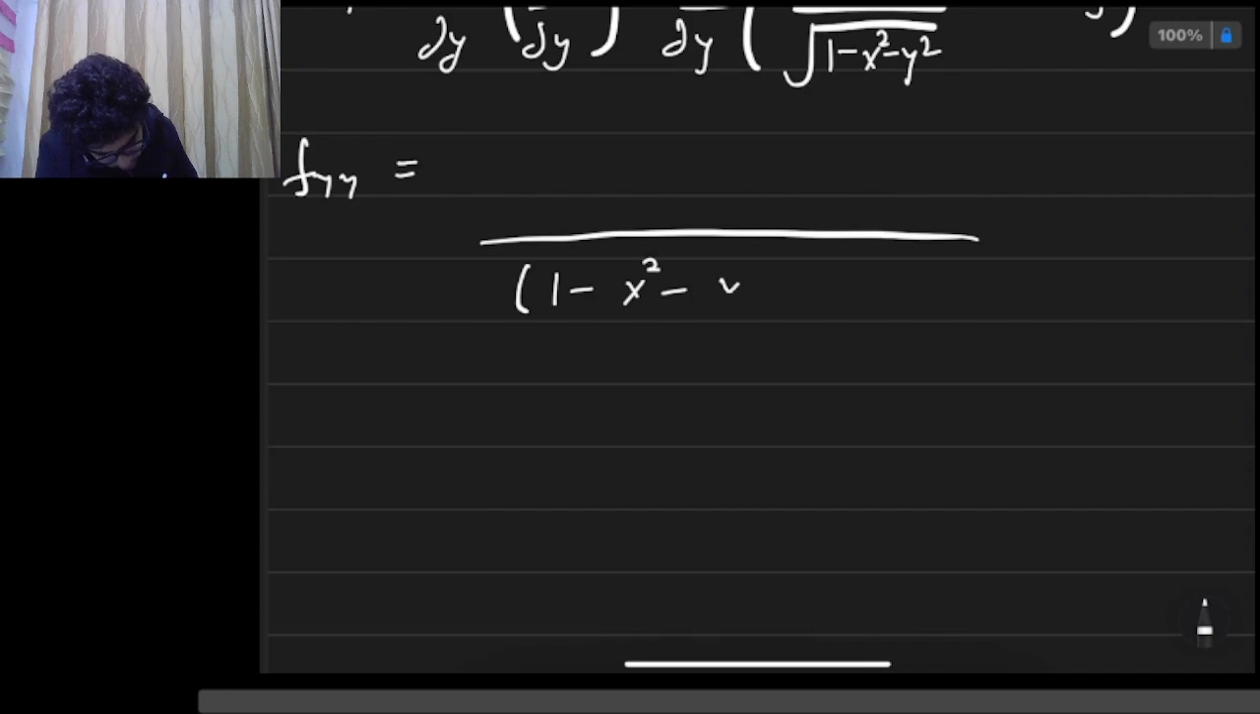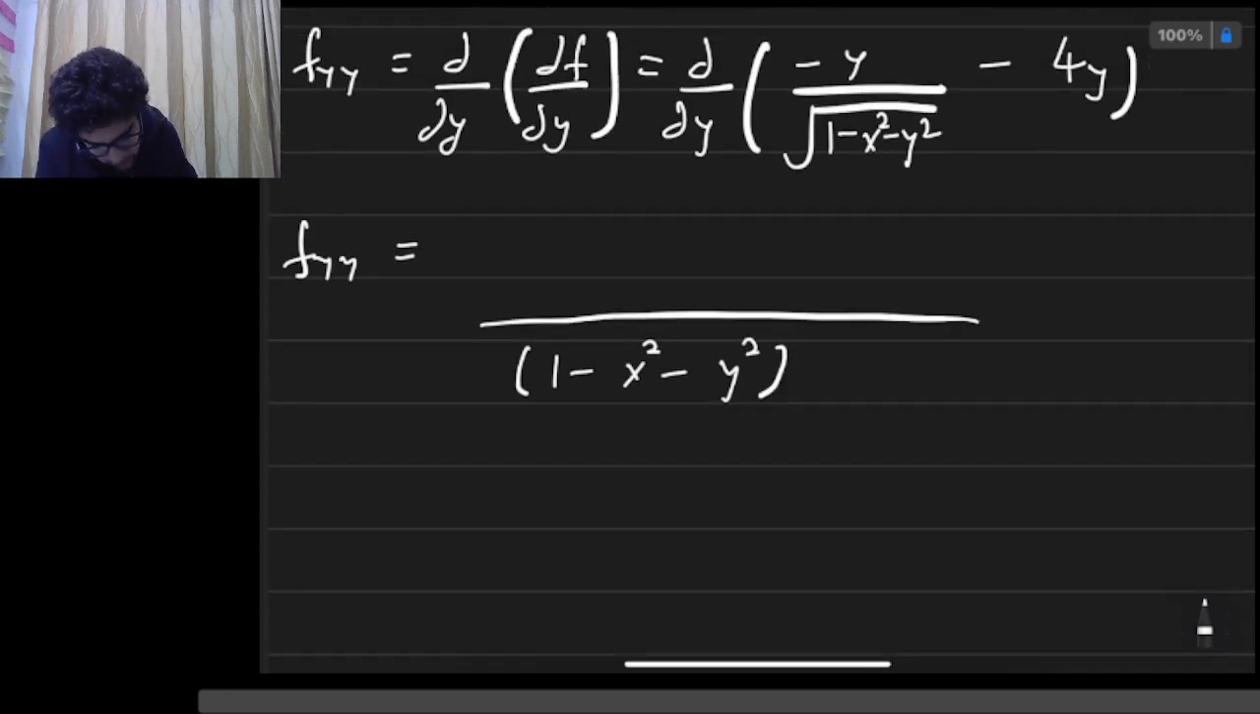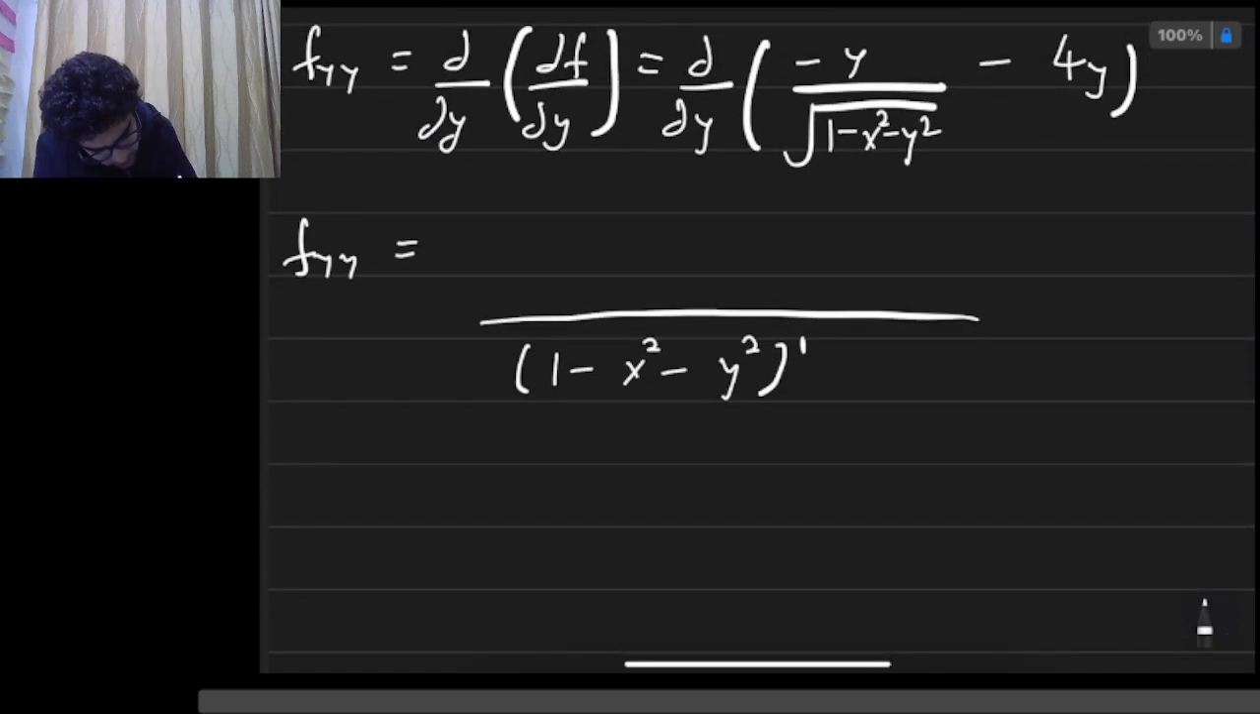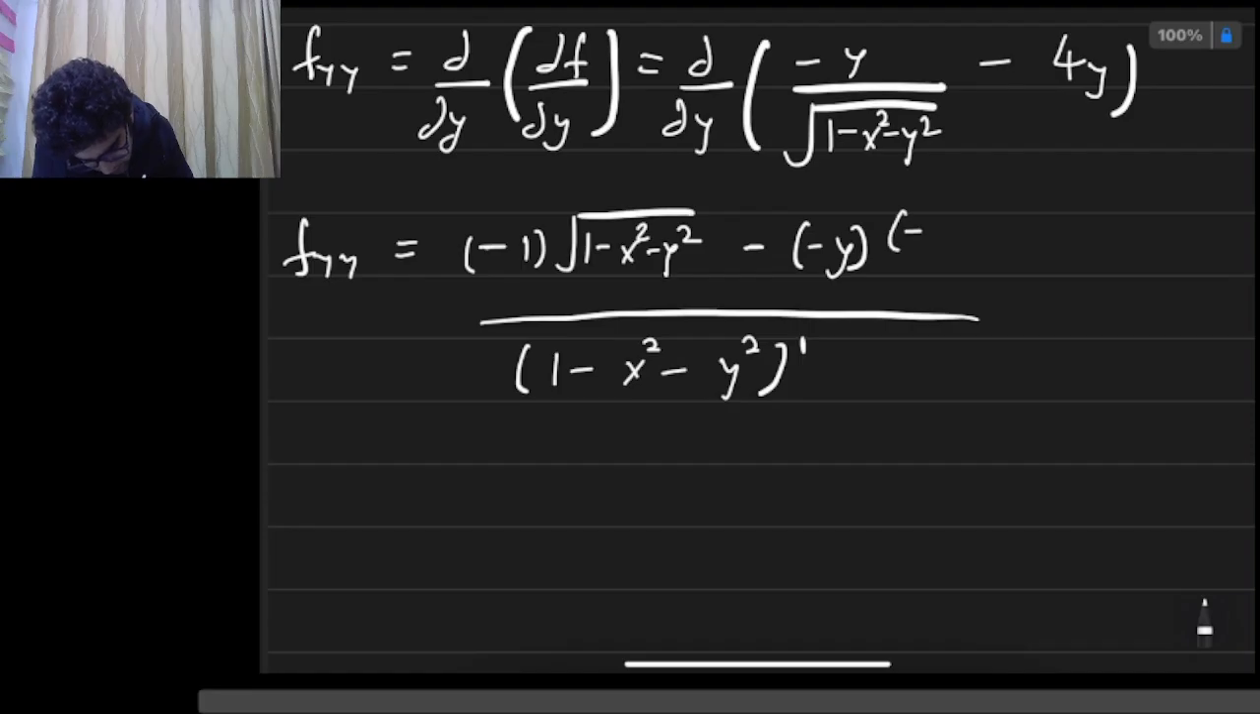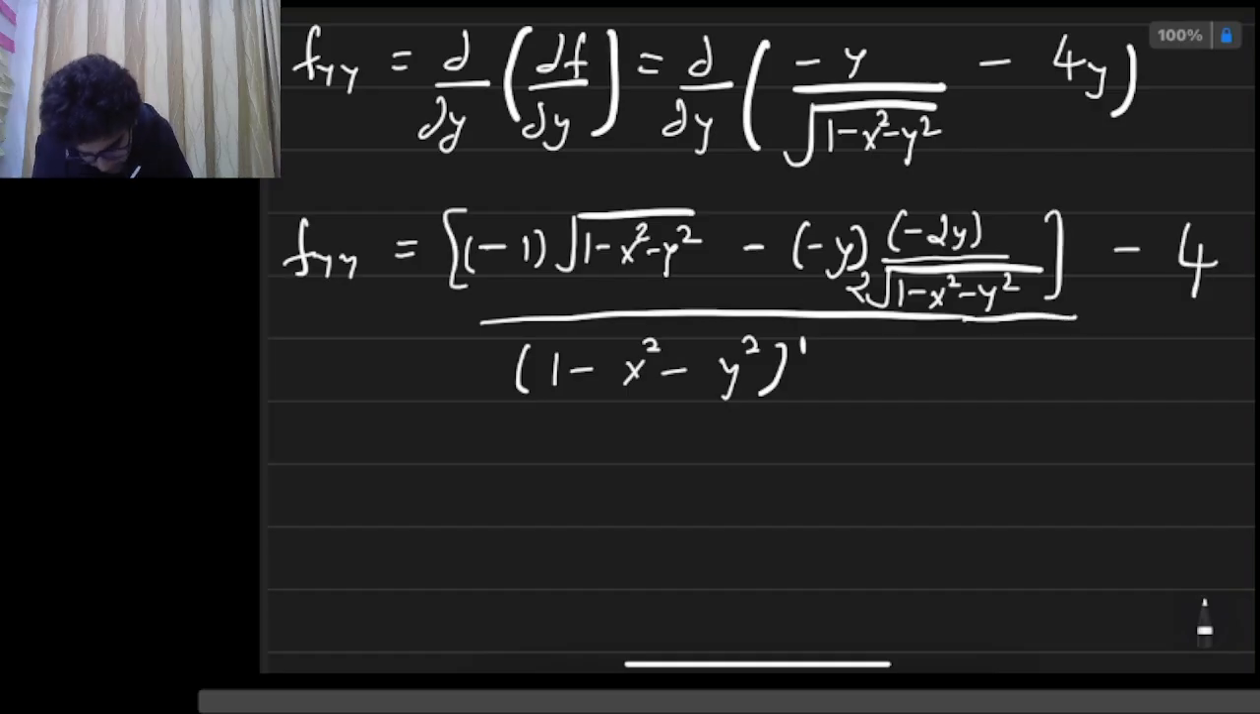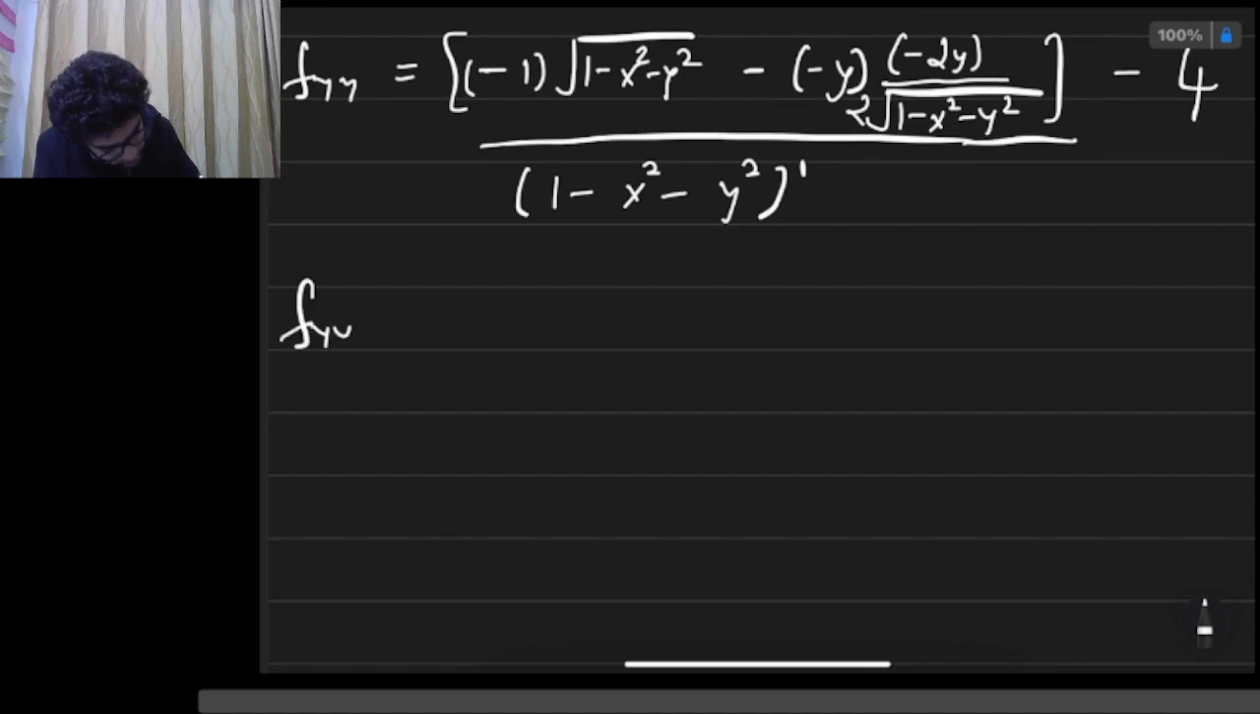So this becomes 1 minus x square minus y square. So the square of square root gives me power 1, and this becomes negative 1 root 1 minus x square minus y square, and this becomes negative of negative y, and again this becomes minus 2y over 2 root of 1 minus x square minus y square, right? So the simple step that we performed earlier, and this is minus 4. Now evaluating this at 0 comma 0 gives me,